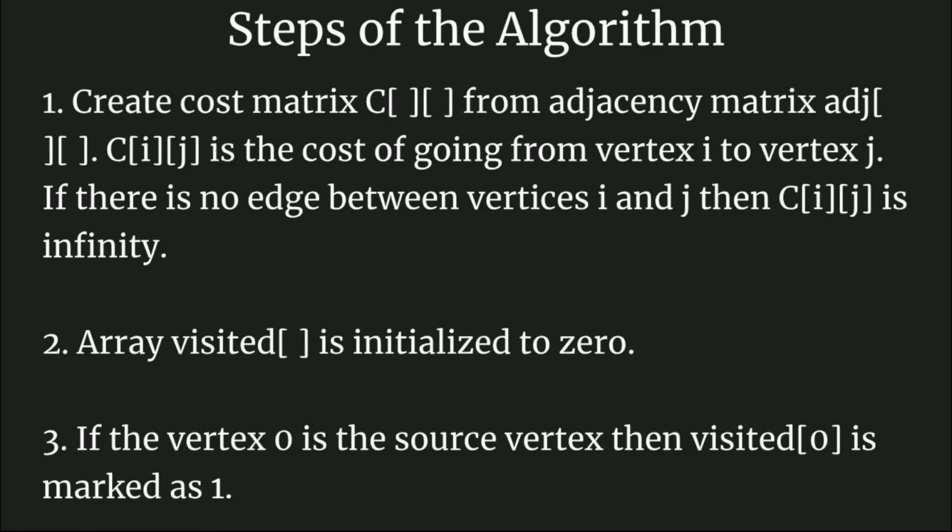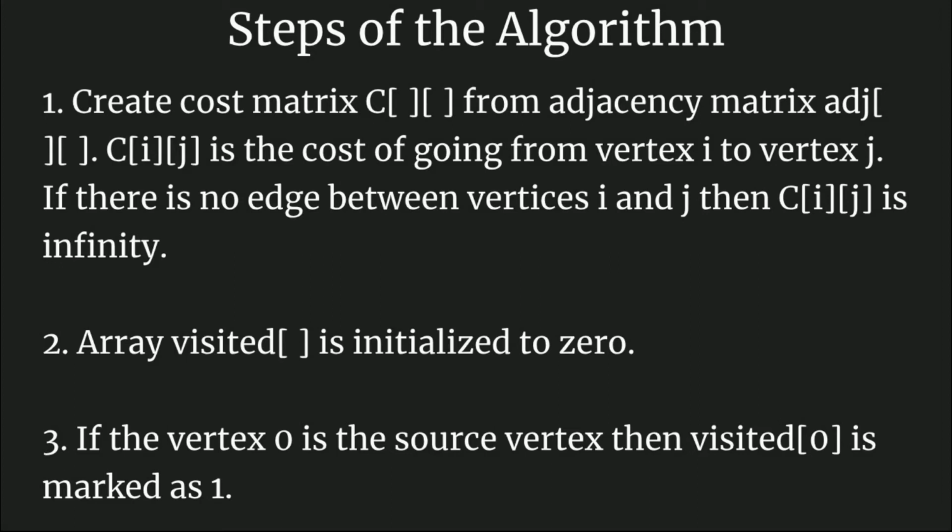The second step is that we will have another array called visited, which will be initialized to 0, and we will use this array to keep track of the nodes which are already visited in the path, the path that will reflect the shortest path to go to a node from a particular node. Now if vertex 0 is the source vertex, then visited[0] will be marked as 1. So visited[i] equal to 1 means node i is already visited and we cannot manipulate the value within